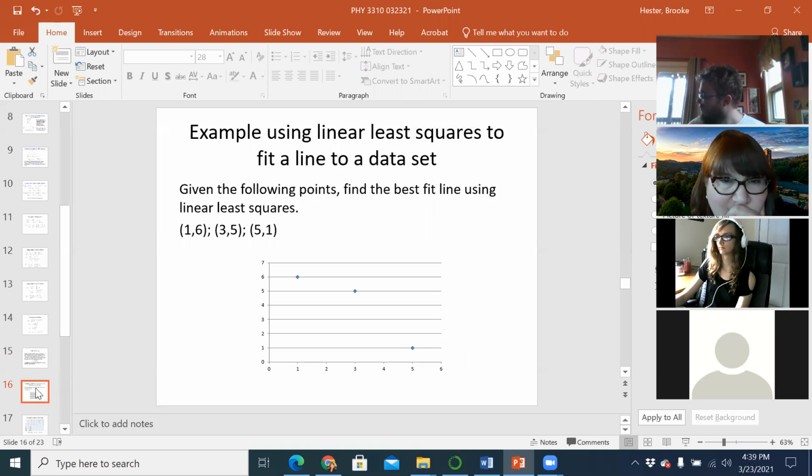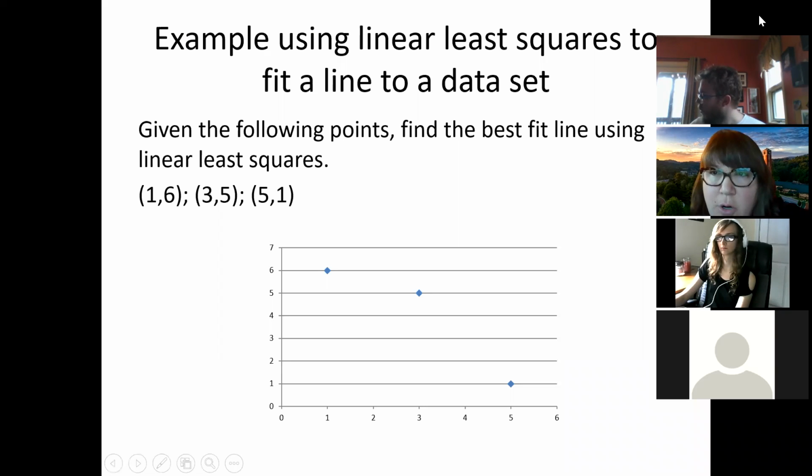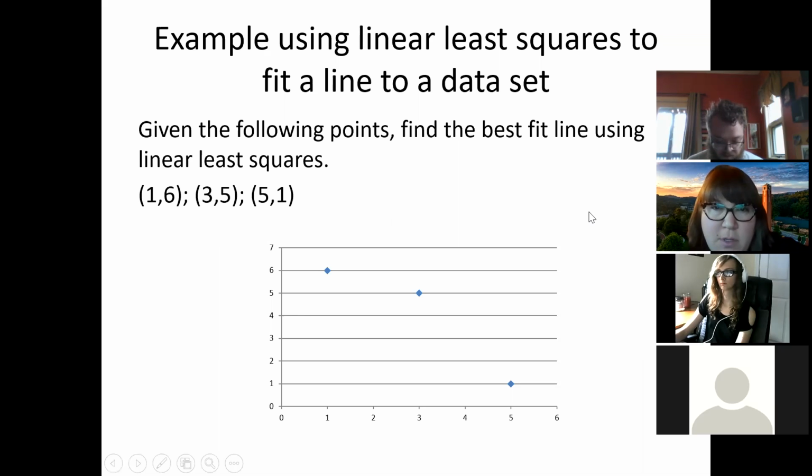All right, let's do an example. Here are 3 data points. 3 data points. Never would that ever be enough, really, for any kind of experiment. But it's really nice for a simple example of linear least squares regression. So we have these 3 data points, and we're assuming it's linear. Looks kind of curved to me, but whatever. We're going to assume it's linear and find the best fit line for these 3 data points. So it's going to be somewhere in here.